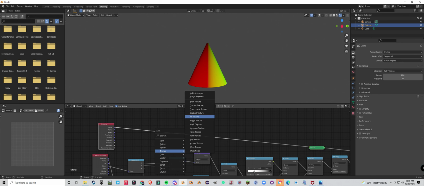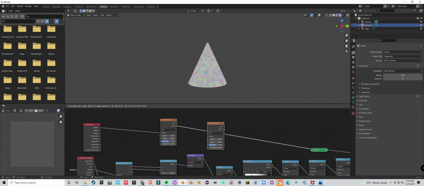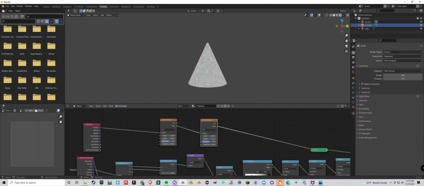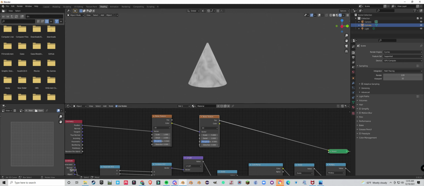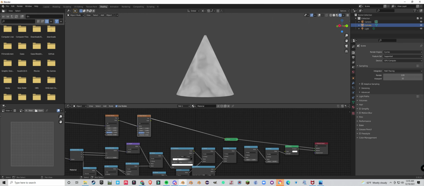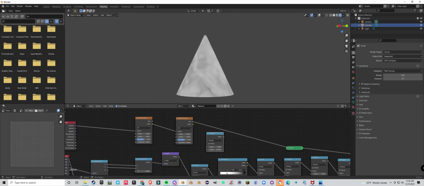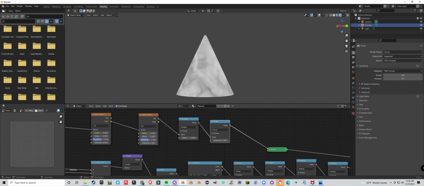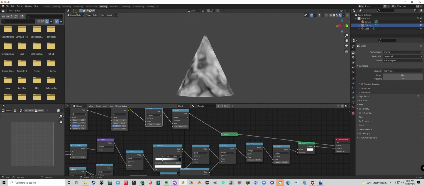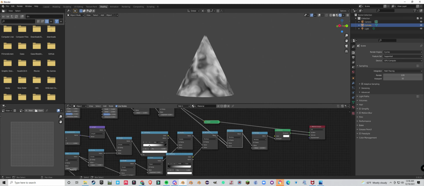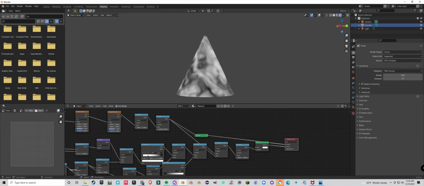So texture, noise texture. Now to give it some turbulence, just duplicate it, color into vector. Pretty neat. And then change the scale of the first one if you want to change the scale of the noise. Since the value of a noise texture generally averages to be around 0.5, multiply it by like 1.5 or something to get some values above 1, and then use a power node to increase the contrast, and then multiply the result of these nodes by that noise, and you will see